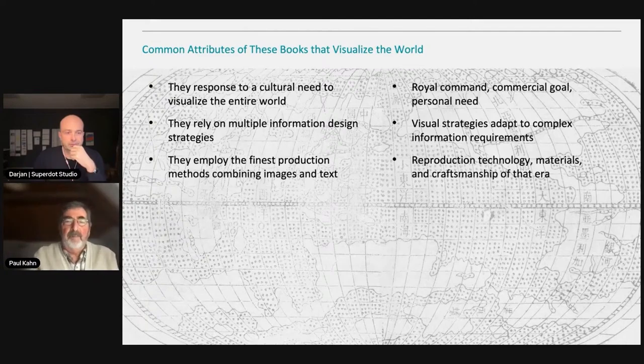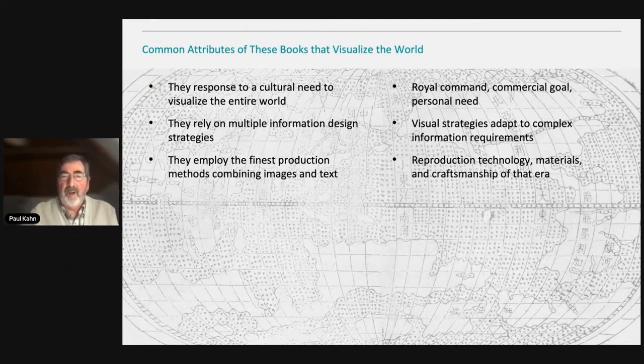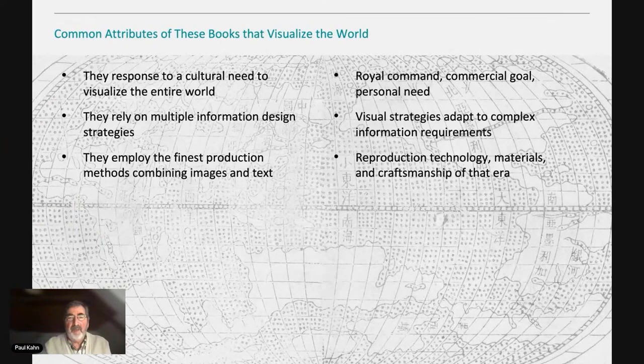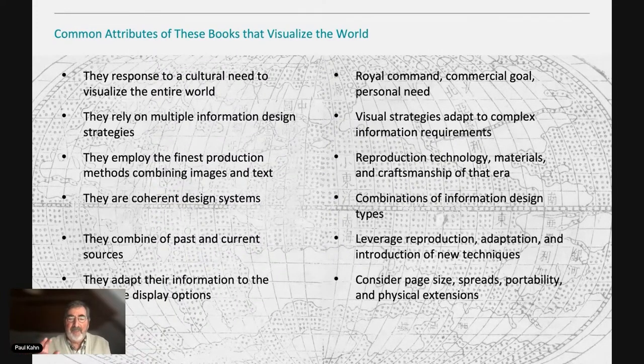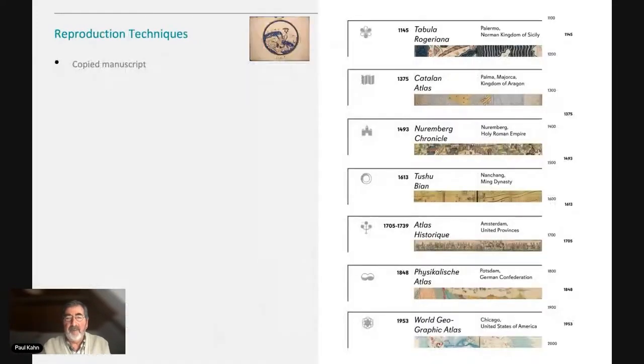So, talking about books that describe the world, they have these common attributes. They have coherent design systems. They often combine past and current sources, no matter what time period we're talking about. And they adapt this information to the available display options. You have to consider page size, spreads, the portability of the material, as well as the physical extensions that are possible at that time. So the 7 books that I've been working with are, the earliest one is the Tabula